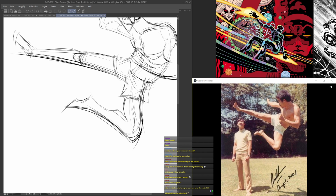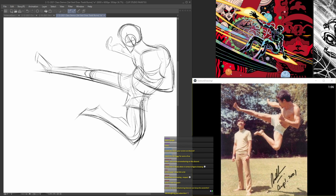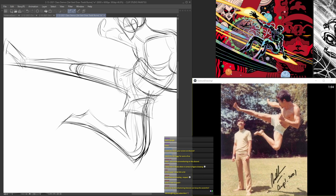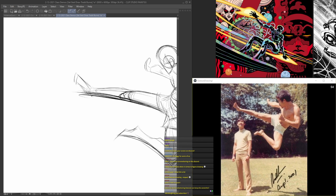Bruce Lee's thigh is desperately broken right now. What I'm doing to get more of his hip, I have to establish his hips a little bit more before I can really fix the issues with his thigh here. I think that leg can be further exaggerated out a bit more. I was kind of autopiloting there, but I think there's some more stuff I can do here to exaggerate. So one technique for exaggerating